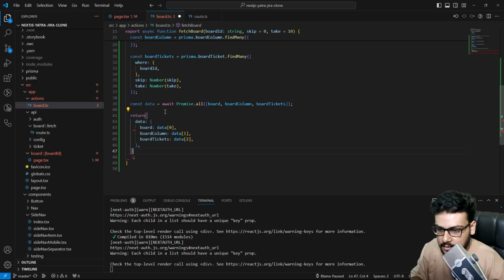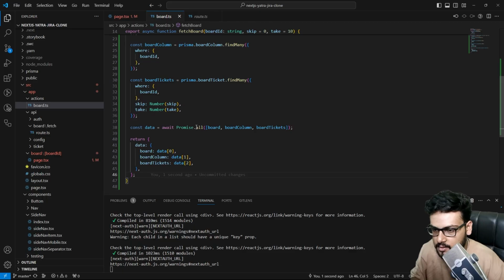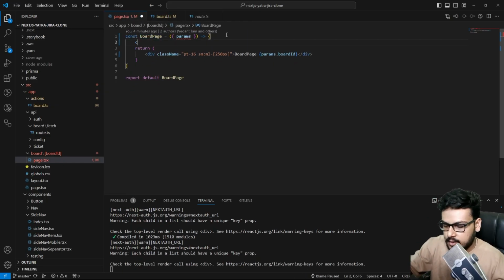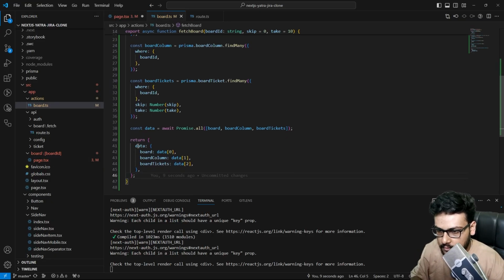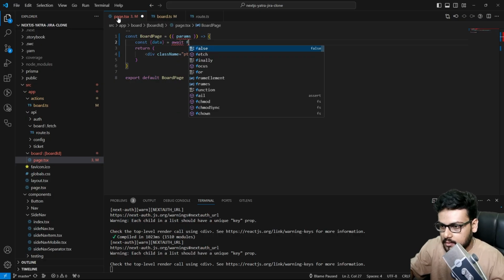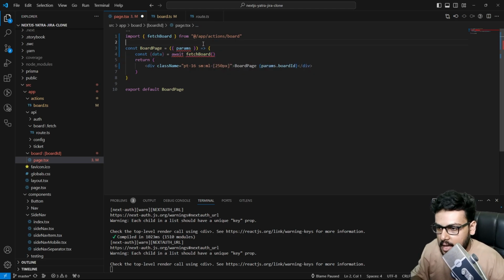So it would be like this, and we can return this over here. Now this looks alright to me. I will come over here and I'll say const, and it is extracting. We are getting data, so I'll extract data from it, and I'll say await fetch board from action/board, and I am going to supply my board ID to it. Okay, and this function would become async,